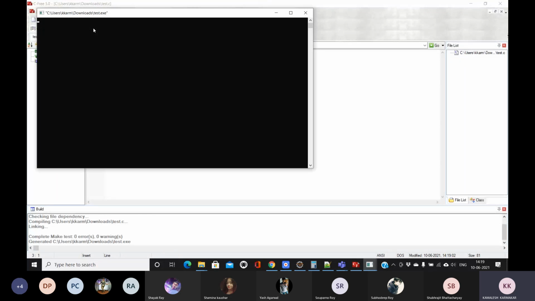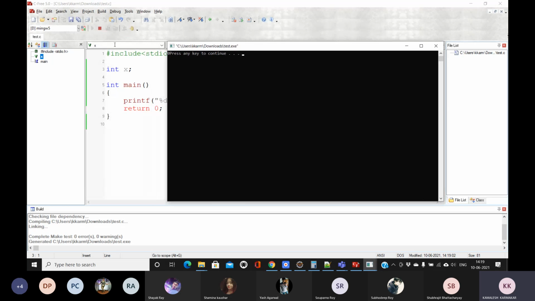But wait for the output. This value is not garbage. This value is 0. Please notice the output. Here the value is 0 instead of garbage.